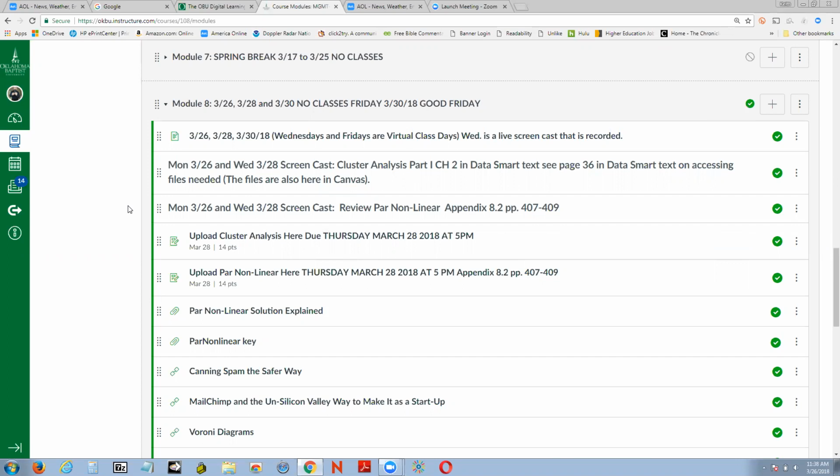First of all, we're going to look at the Par nonlinear case, where we assume that data are nonlinear. In other words, the solution or the feasibility area for the solution doesn't configure itself like it would in a linear setting, as opposed to nonlinear, which would be like a concave or a convex. That case, Par nonlinear, is on pages 407 to 409 in the textbook. And so we're using Solver, and we're using it in a different manner